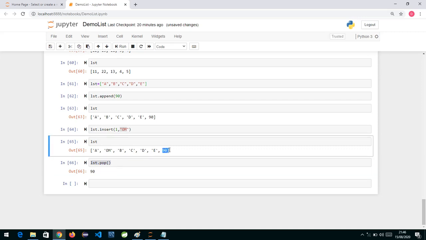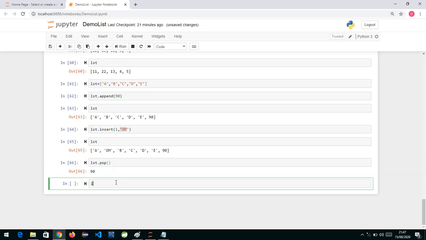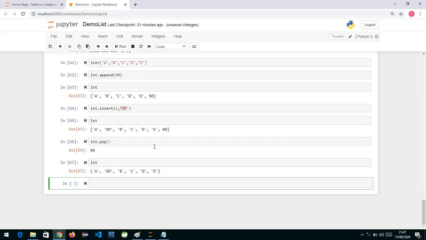By default the index specified inside pop is -1. So if I print the list over here, you can see 90 has been removed from the list. So the pop method, if you don't specify the index, is going to remove the last element, and that element it is going to return back to you.